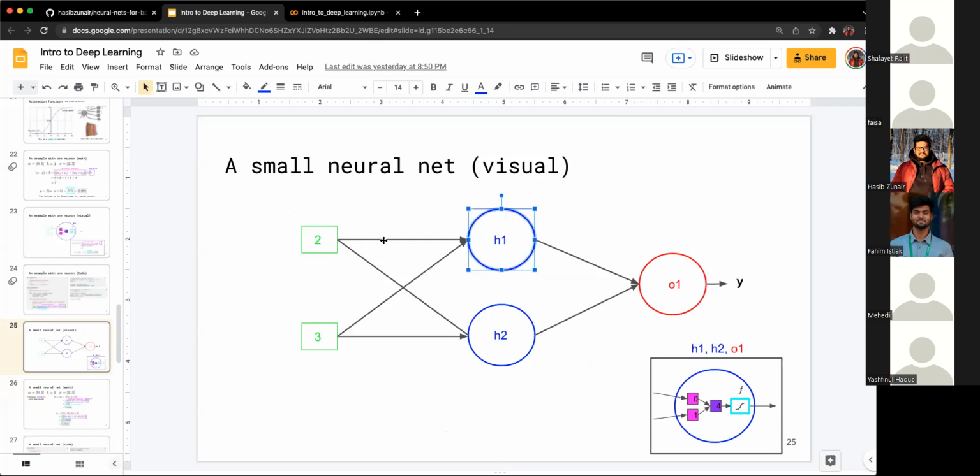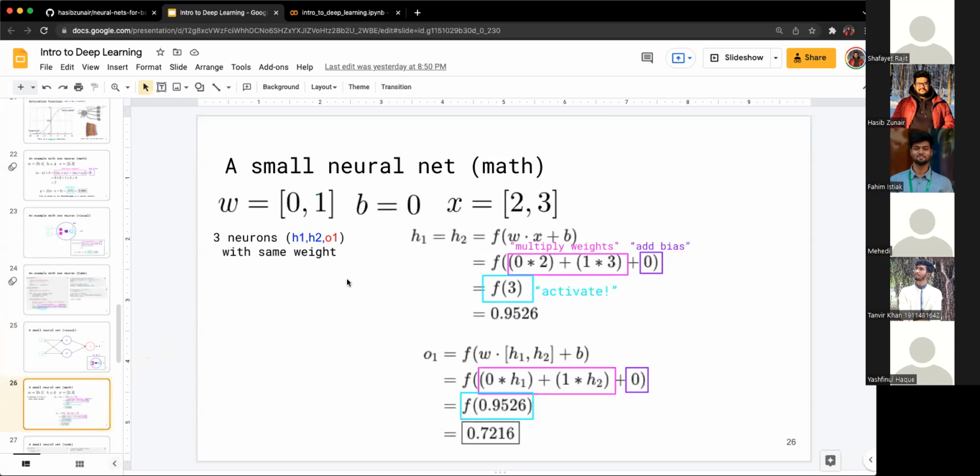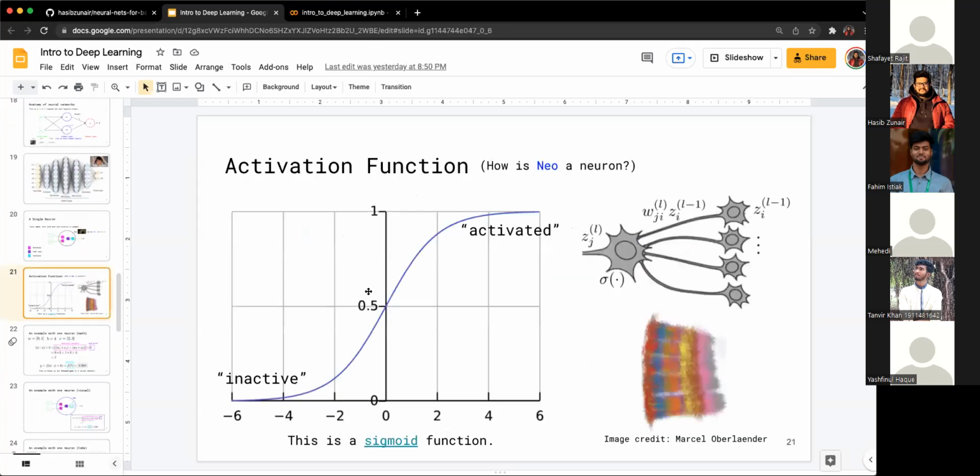H1 takes in 2 inputs, which are 2 and 3. H2 takes in 2 inputs, which are again 2 and 3. So these two are going to produce the same value, right? Does that make sense? Yeah, as they're taking the same input. Yes, the weights are the same, the inputs are the same, so the output is going to be literally the same. There's no way they can be different. So we now have H1 and H2 with a value of 0.95 in this example. If you simply do the math, you get this right away. F is again the activation function, which we have over here.